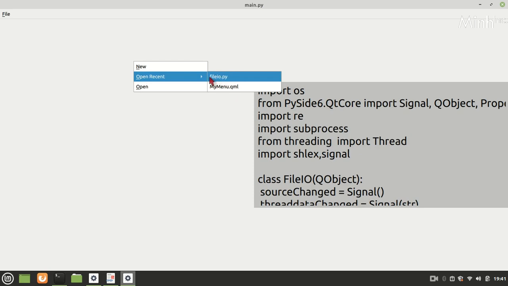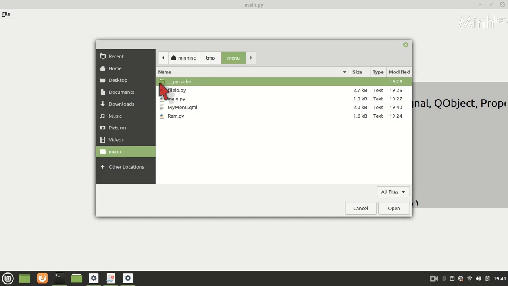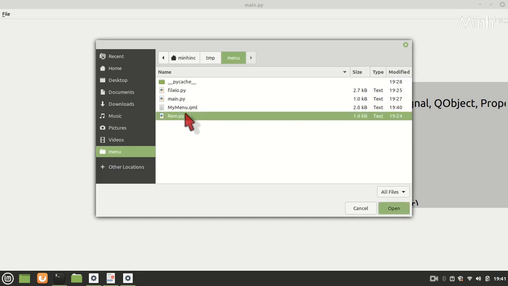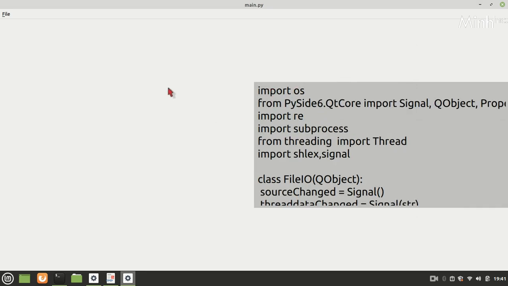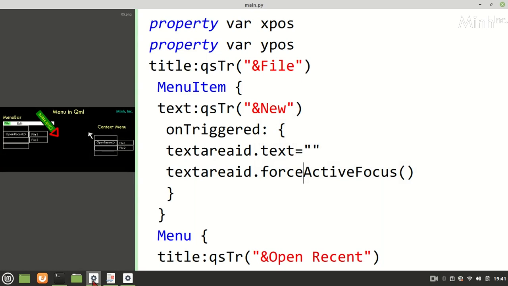This is the most recent. If I open another one, rem, the file is coming, and in recent, rem is there. File IO becomes the next recent. Now if I click on file IO, the file is changing. So everywhere it's working. New is working, open is working, and open can browse the code as per promise.